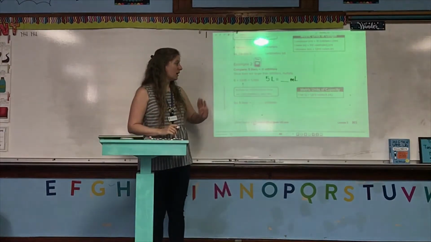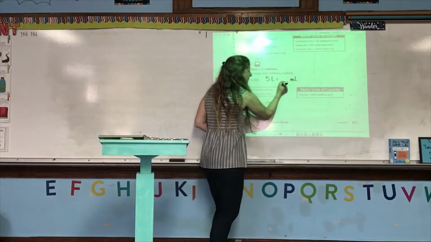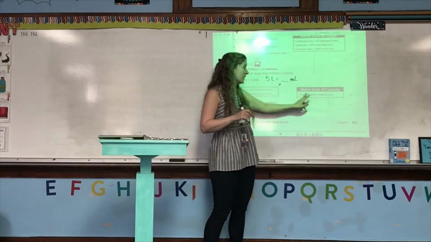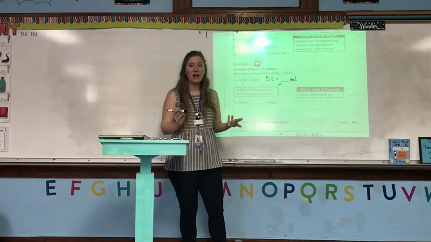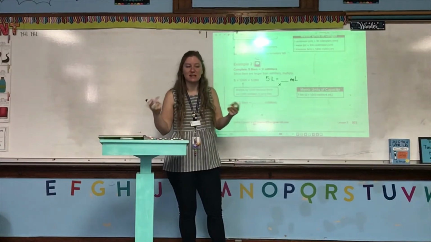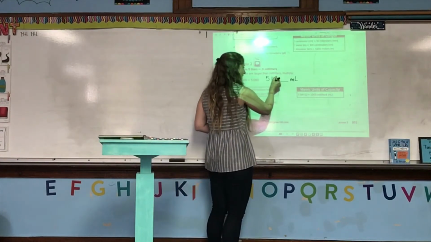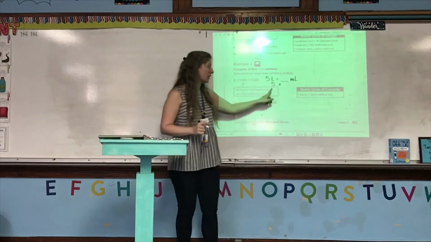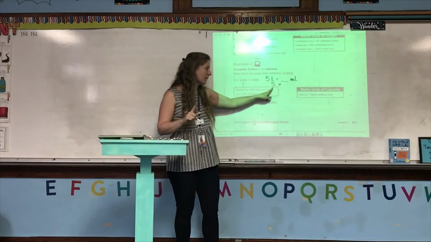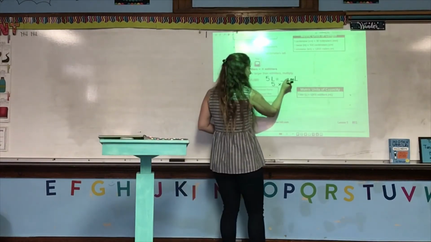milliliters? Now liters are larger than milliliters, so we're going to multiply because we know that 1 liter is the same as 1,000 milliliters. We only have 2 units, so that means we'll never have to do more than one step when we're working with liters and milliliters, at least not this year. And we always start with what we know, which is 5 liters. And then we're not going to multiply by the number of liters in a liter because there's only 1 liter in 1 liter. We're going to multiply by the number of milliliters in 1 liter, which is